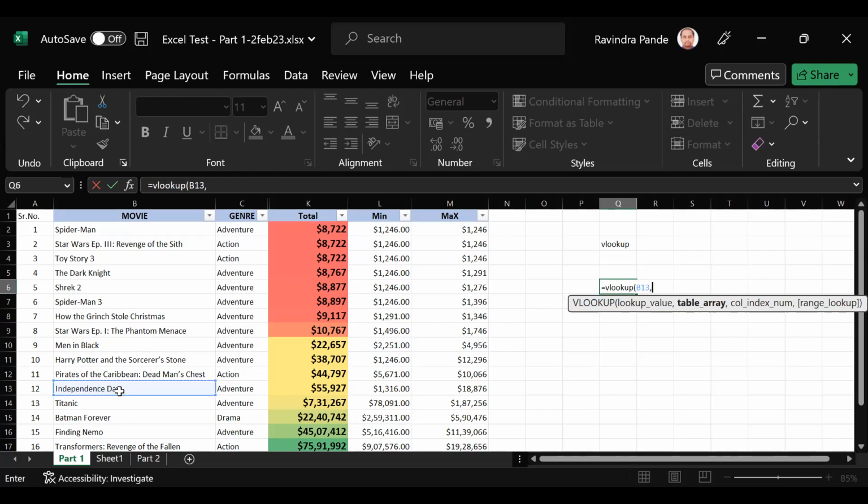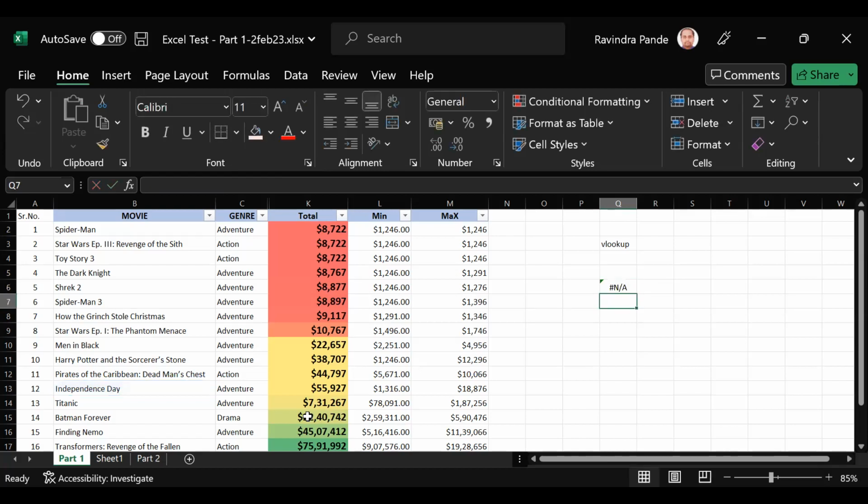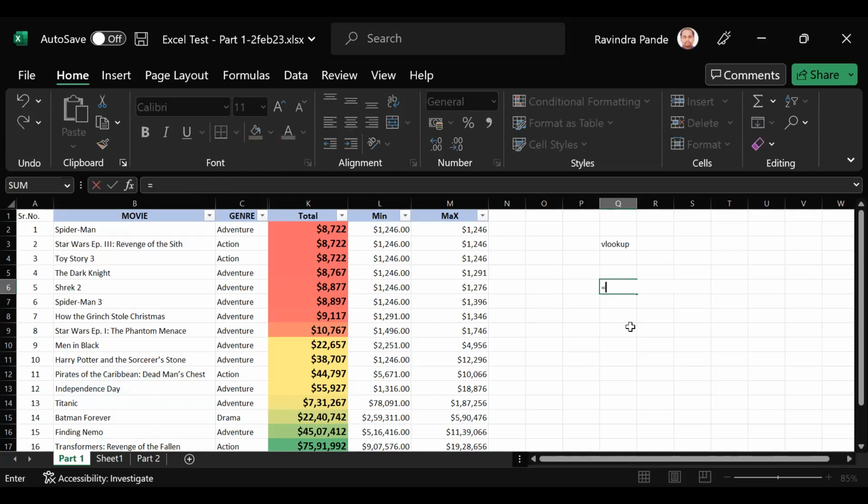So B18, comma, and then I want to find the genre. The genre is in the third column, so it's a 3. If I want an exact match, I say 0, or if I want an approximate match, I can say 1. Now if I press enter, okay, I forgot a step here. What's the step I forgot? When you say VLOOKUP, normally you need to